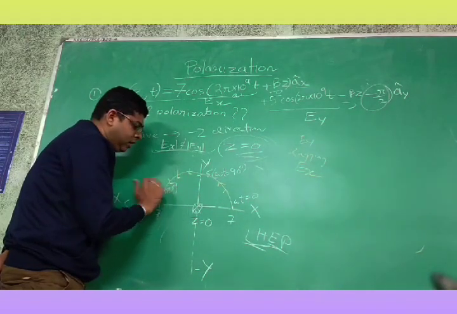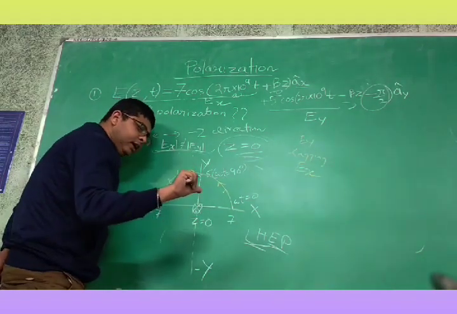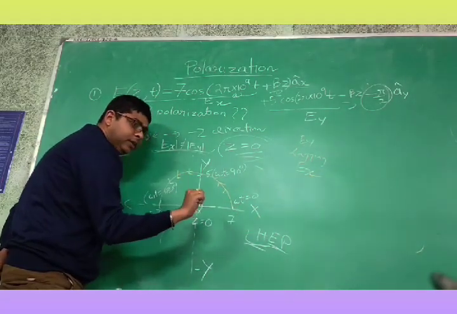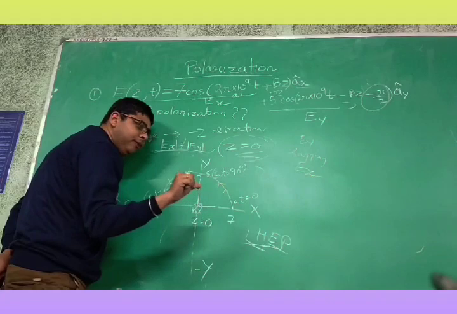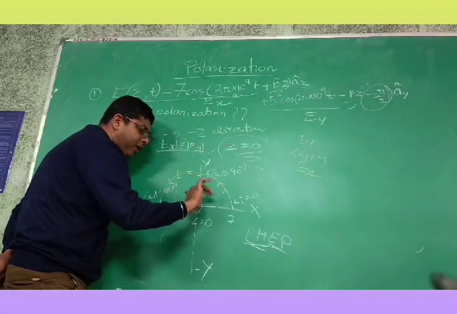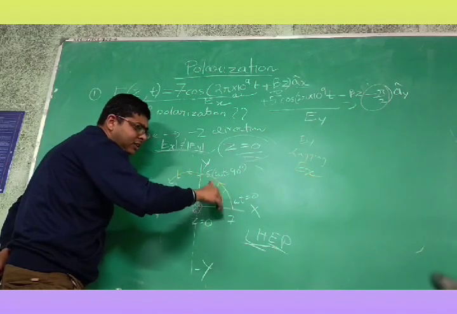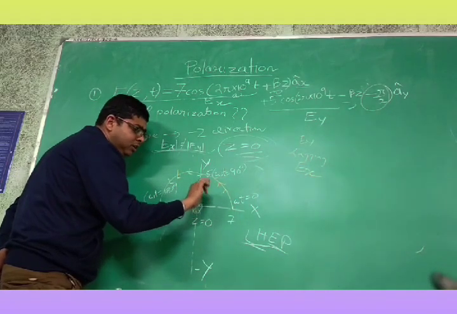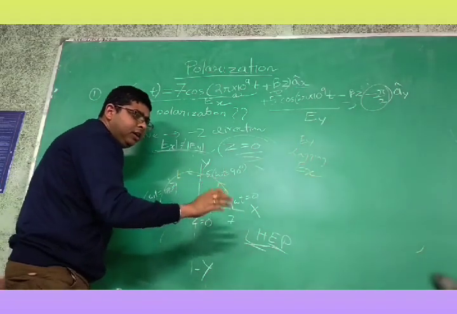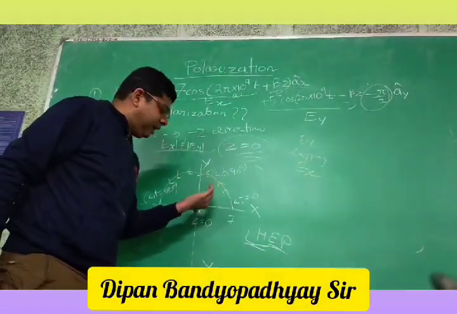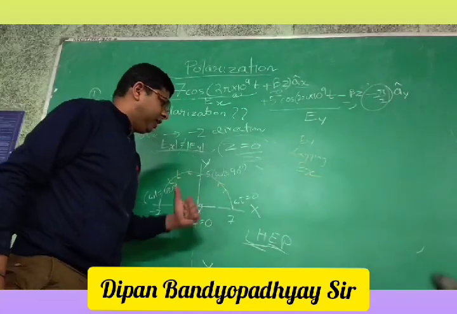plot. How? See, this is the direction of my thumb, this is my right hand, this is the direction of the thumb, because in this direction the wave is propagating. Now if I rotate my fingers, you can see it is in the opposite direction. Right? It is not matching with this plot. So that means it is not right-handed elliptical polarization. This is left-handed elliptical polarization.